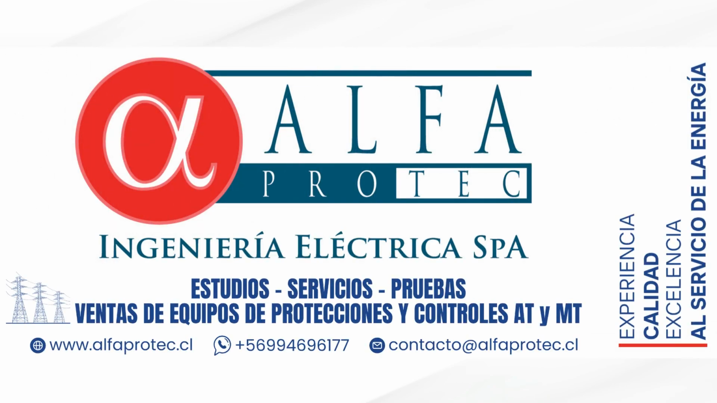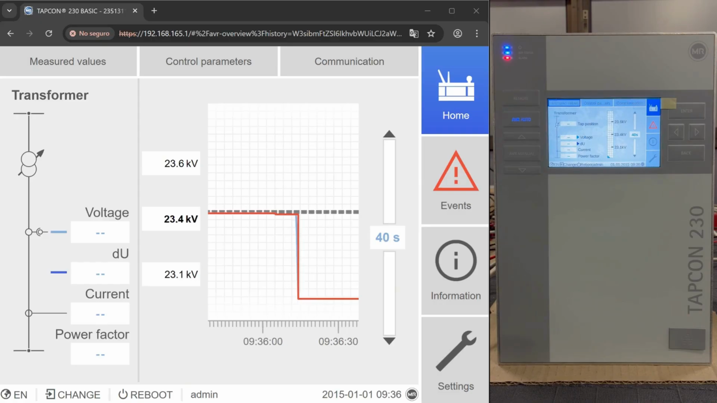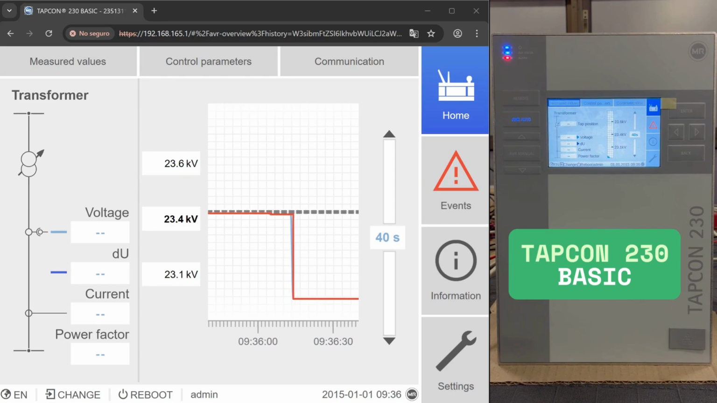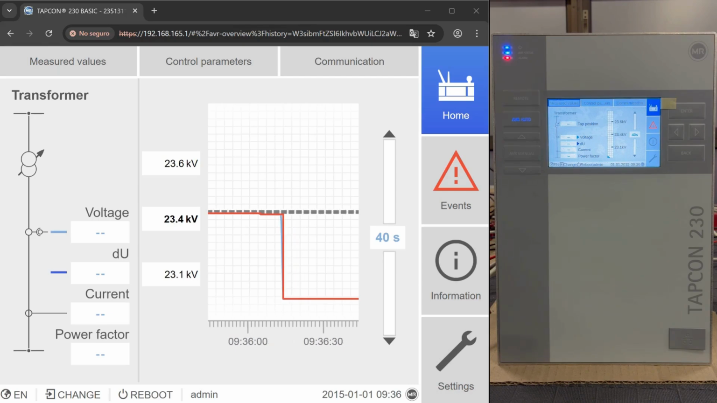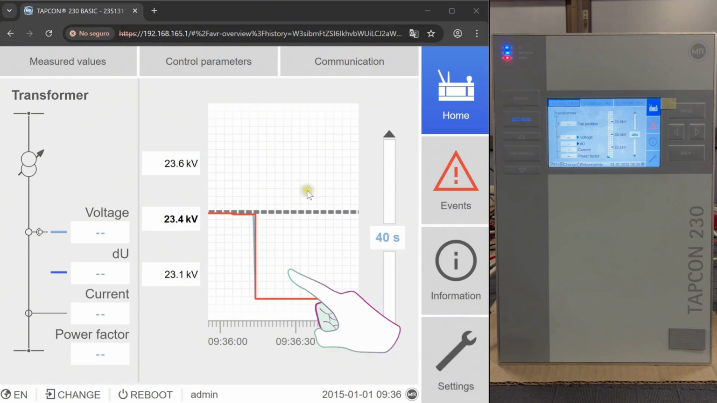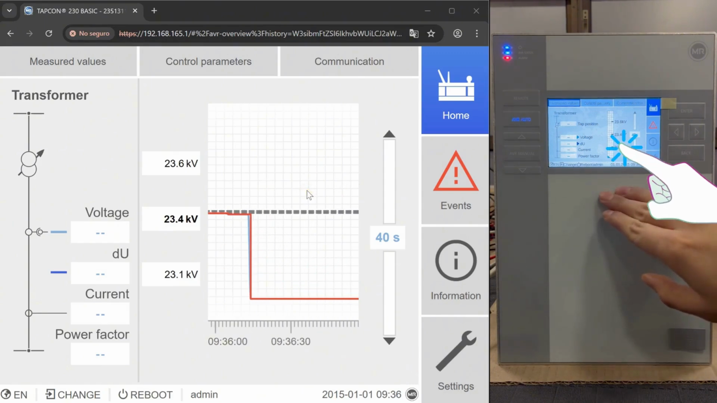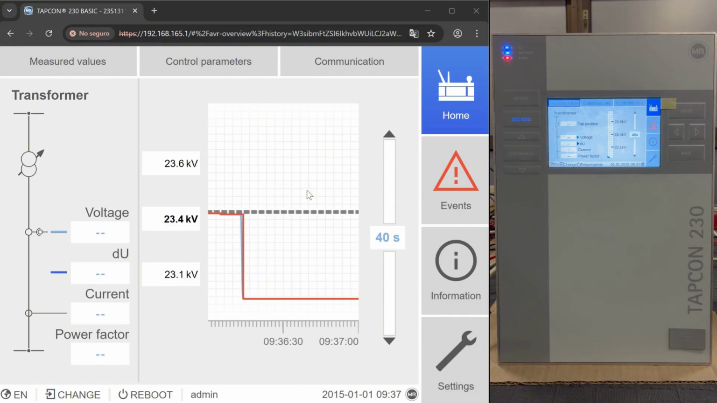In this video, we are going to perform secondary injection tests on the TAPCON 230 basic device to verify that the automatic control is functioning correctly and to observe, in real time, how its key parameters respond. For this purpose, we will use only the main screen of both the web HMI and the local HMI interface. It will not be necessary to open any additional menus, as this main view provides all the essential information to